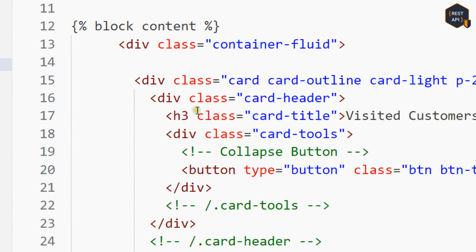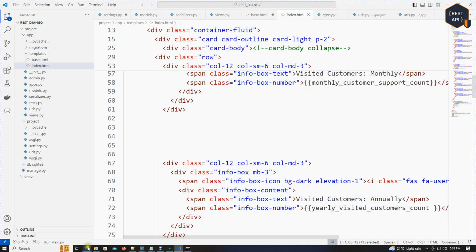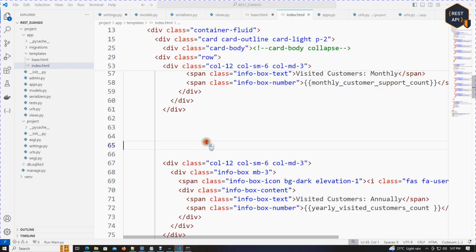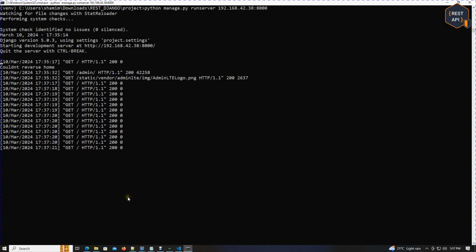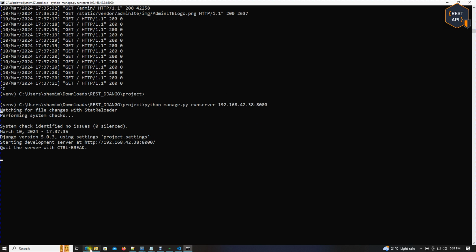Okay, so now save changes and come to refresh and output kwenye index. I think this is the index. Okay, so refresh, still no output. Okay, still no output. Save changes and base, save changes and come to rerun our project, control C. Okay, then okay, now good. So to refresh,